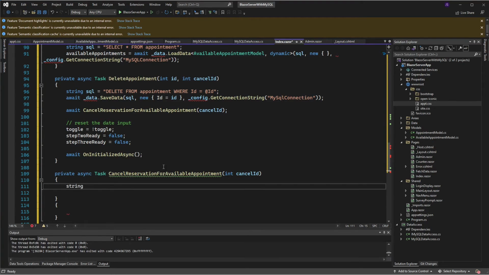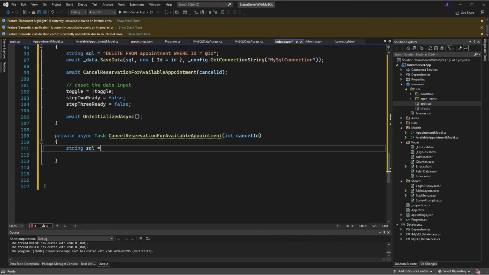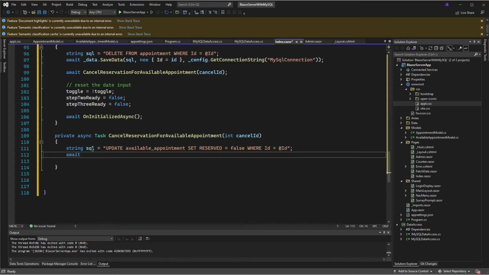So we'll say string SQL equals update available appointment, set reserved equals false, where ID equals at ID, and await data, save data, SQL new ID equals cancel ID,